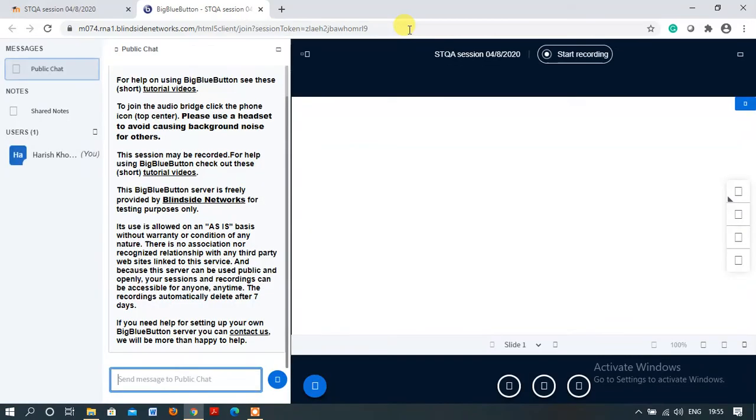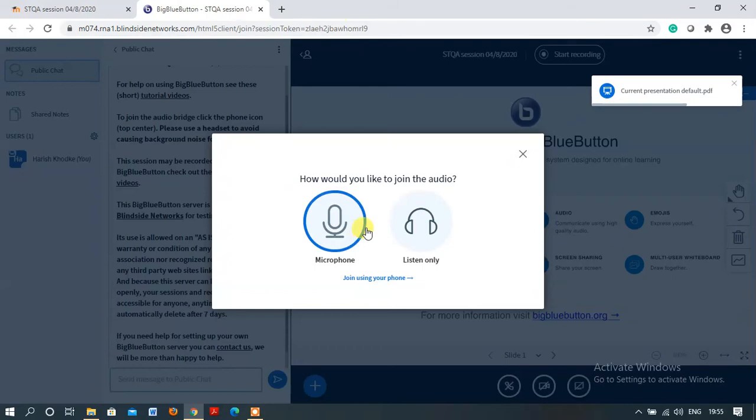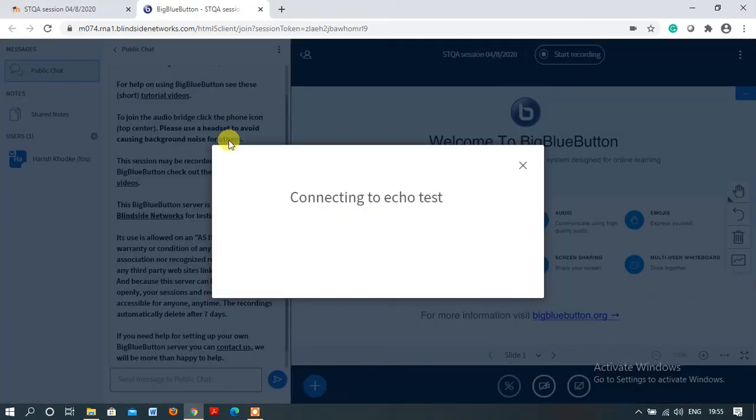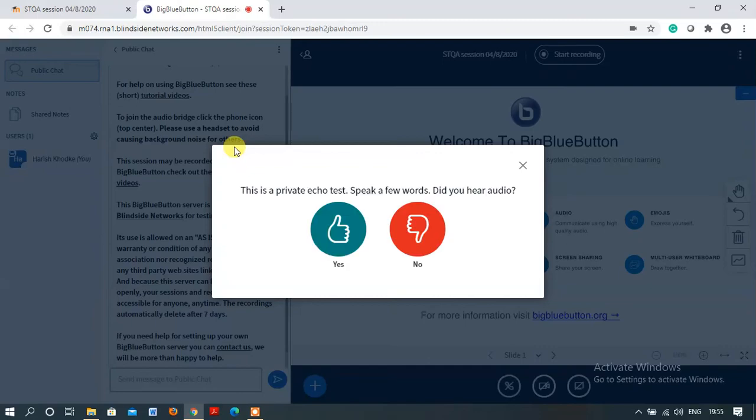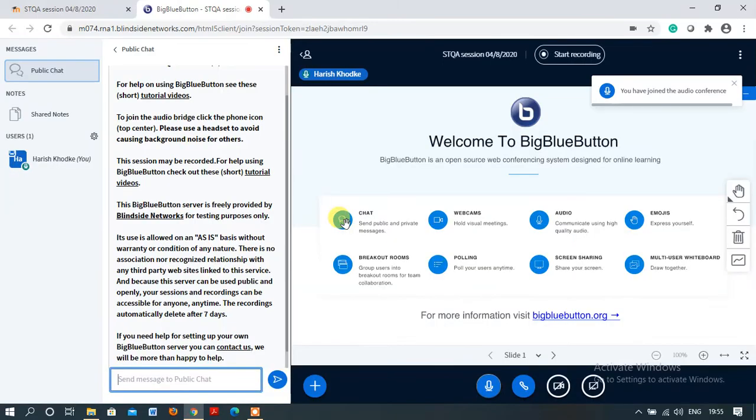Yeah, it's connecting again. I made a refresh, and again my current presentation appears by default. If any problem occurs, you have to click this way. Again it's showing "You are currently the only person in this conference," and then we are connected to the conference again.